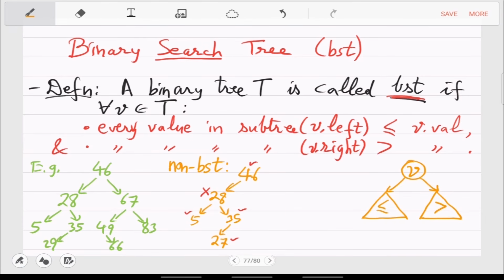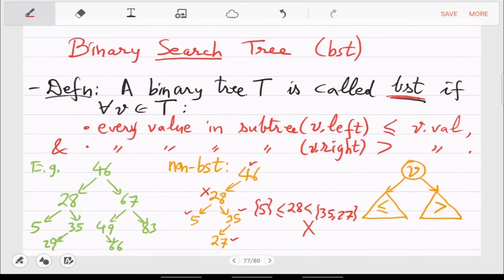So when you look at 46, or when you look at 28, what should have happened is 28 should be less than 35 and 27, and 28 should be greater than or equal to 5.